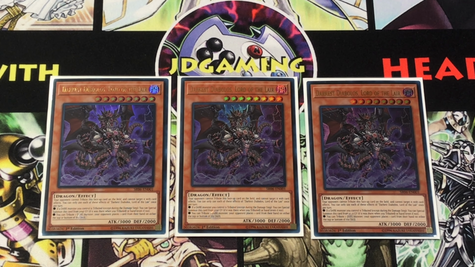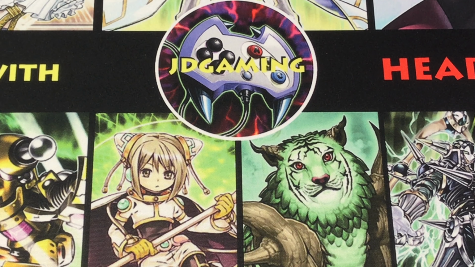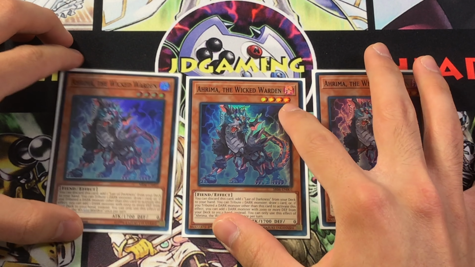Either way, they're losing a card, and there are very good ways in this deck to make it so your opponent is not getting the better end of that one-for-one exchange, even if Diabolos is the one you're tributing. So this is the main boss monster we're centralizing around, and so we've got to think, okay, how do we get this guy out? Well, the first thing that we have to bring him out is our